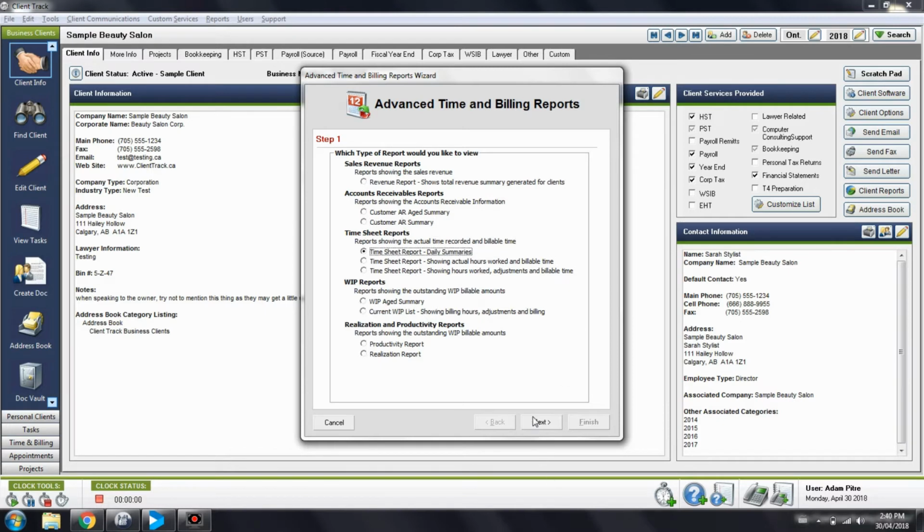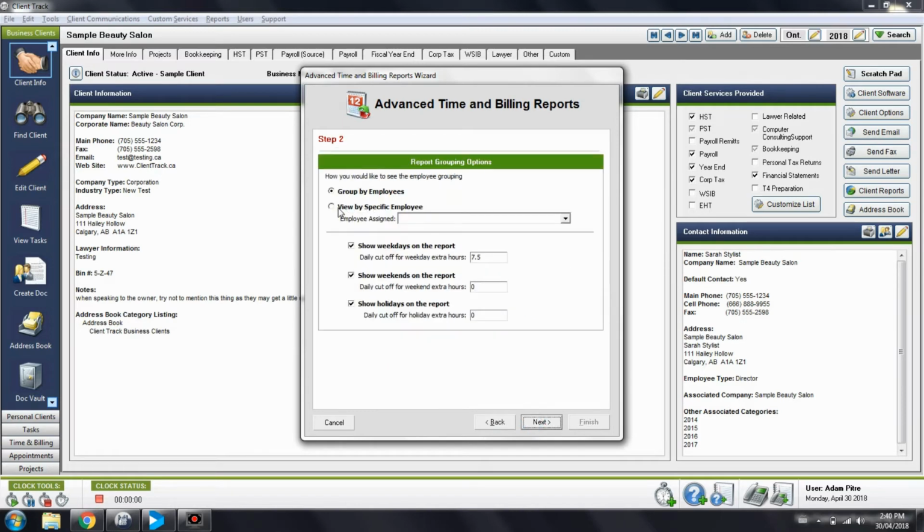Let's have a look at the daily reports. What we're going to do is we're going to group this by employees, and then we're going to show a certain time period of the week here that we'd like to see. Now effectively what you want to do, and this should be the default number, is list at a 7.5,